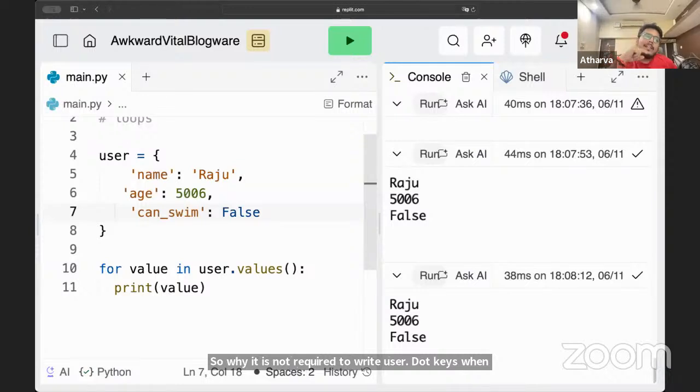For that, I'll have to ask creator of Python. It's just syntax. I don't know. There is no particular reason, but it's just syntax. The thing is, by default, how dictionaries are designed, you can just iterate over it and it will give you keys. That's how it is.